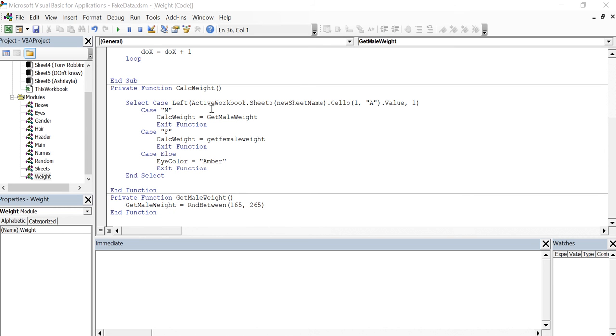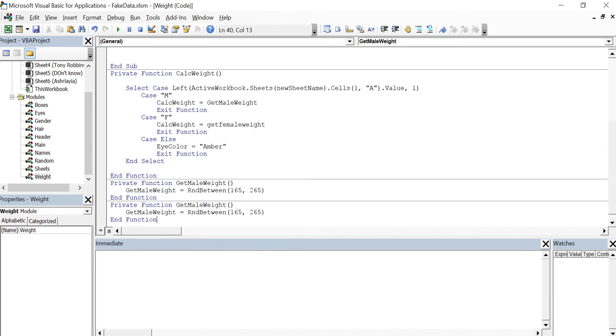So what I'm doing here is, if A1 equals M, with that first letter in A1 equals M, we're calling a function called getMaleWeight. And basically what getMaleWeight is doing is calling a function called ranBetween that we made way at the beginning of the project, and passing in 165 to 265 to get a male weight. And I'm just going to take this and I'm just going to copy it,